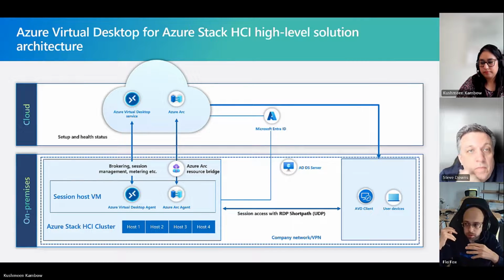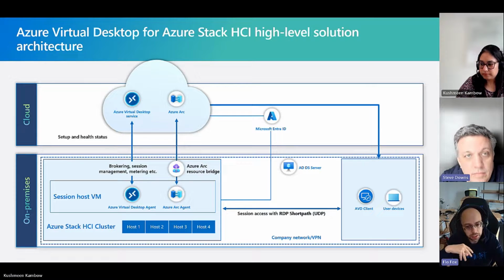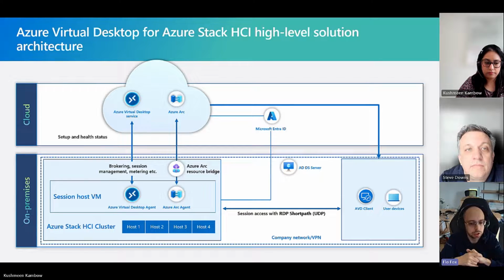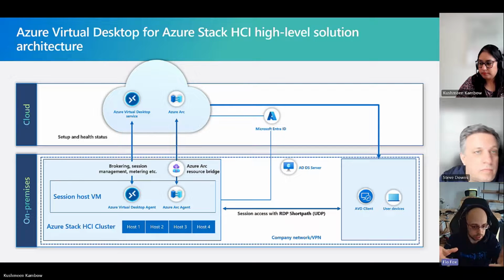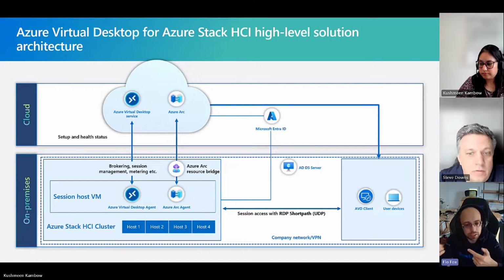That maybe violates the data governance, data privacy policies. But no, with RDP Shortpath as a default option, it just stays locally in my local network. And only if I change that from a customer perspective, correct me if I'm wrong, it would then move back to the Azure session hosts. So my basic understanding here is as soon as I have my session, I'm just transferring my data locally without any interaction with the session brokers again until I log off and need a new session.